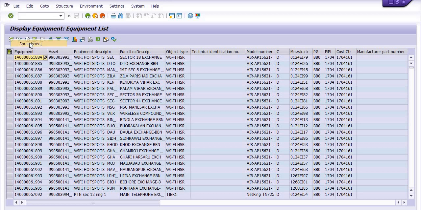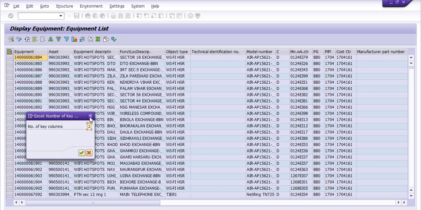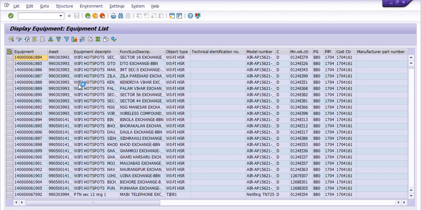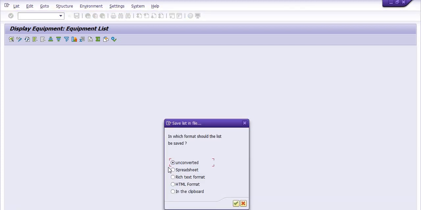Click on the list, click on save, click on file. You can save this data in Excel. Click on the spreadsheet.